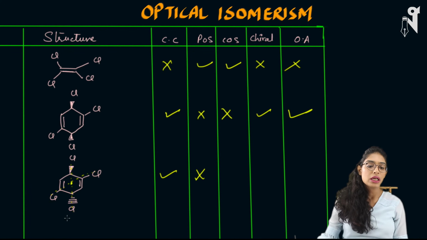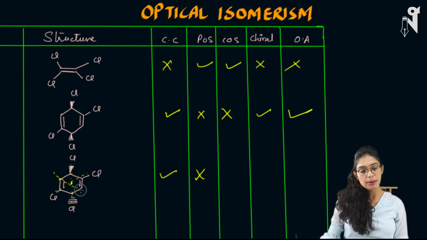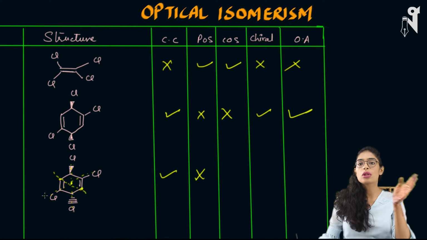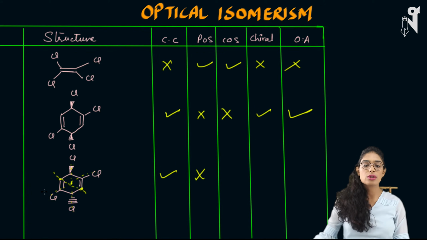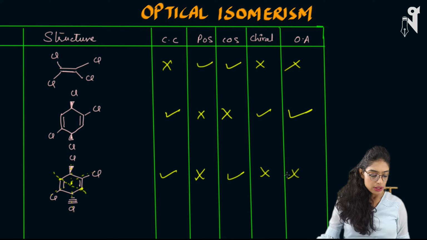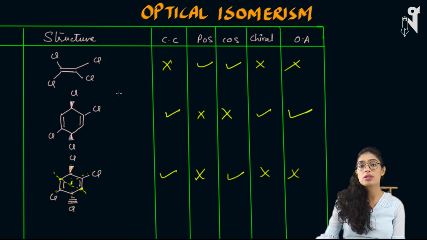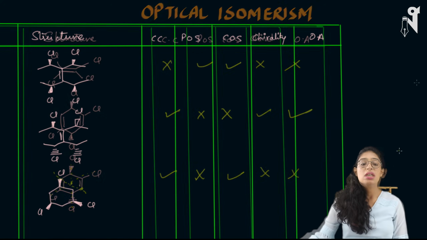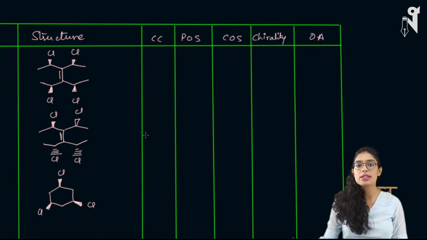So basically, in the equal and opposite direction, you have chlorine over here. This carbon has the same carbon over here. So basically all the groups are at equal and opposite direction. So COS does exist, and because of the COS, chirality is not there and optical activity is not there. Okay, so this is about these 3 questions, and let's try out a few more questions on our own. Now again, try out these 3 questions, pause the video, and then I'll discuss the answers.